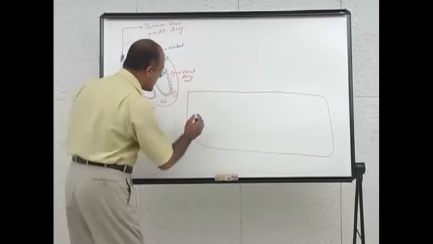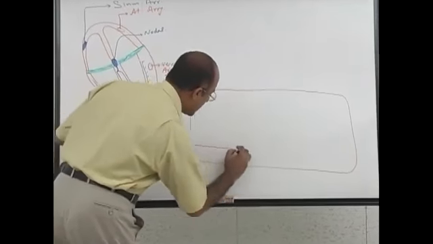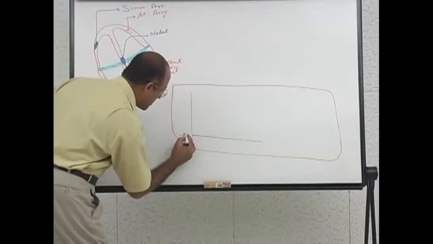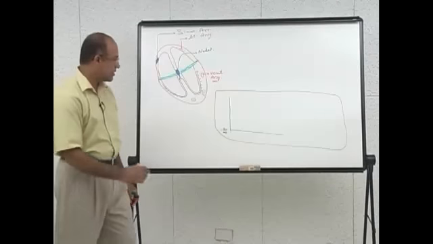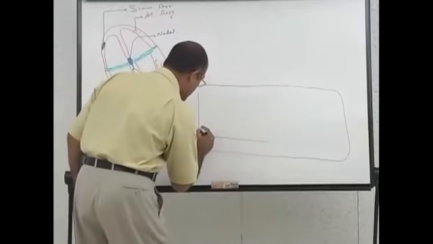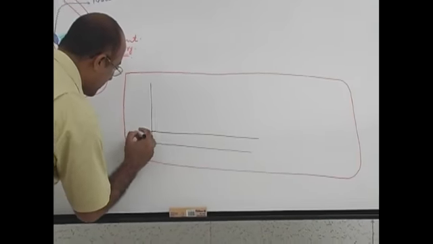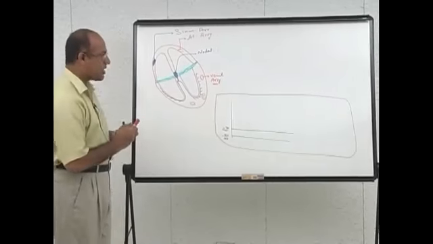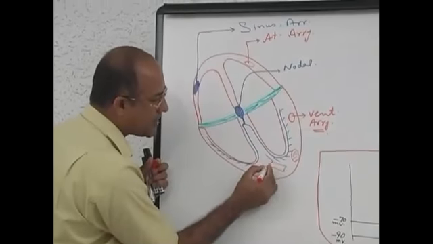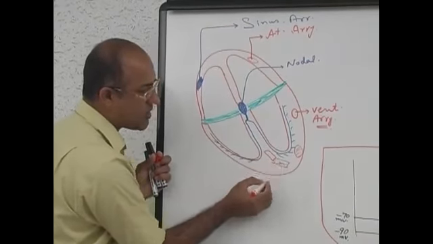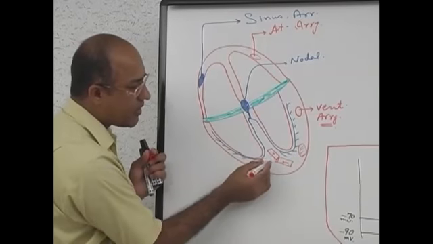You must be knowing that normally, like all ventricular cells, this cell will have a resting membrane potential. Suppose the resting membrane potential is minus 90 millivolt in this cell, right? And let's suppose the threshold potential is minus 70 millivolt. Now what does it mean? Normally what happens, if this is our sample cell, this was a cell which was going to stimulate the next one. Now how